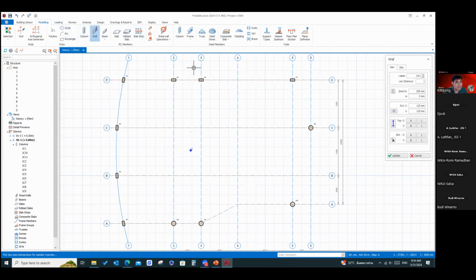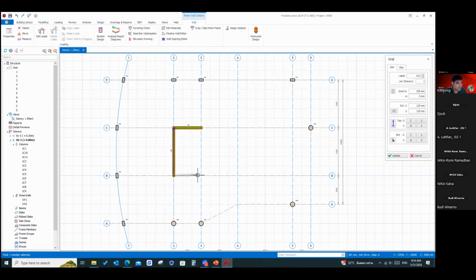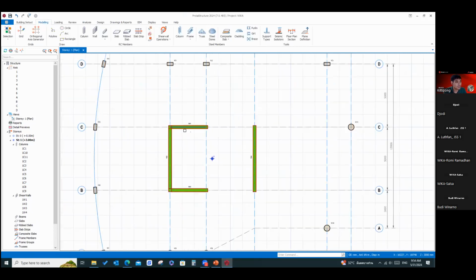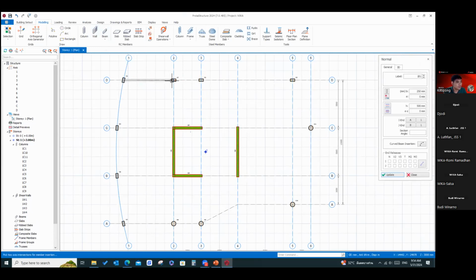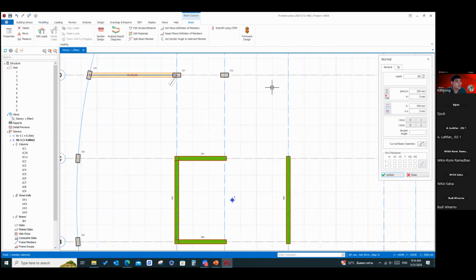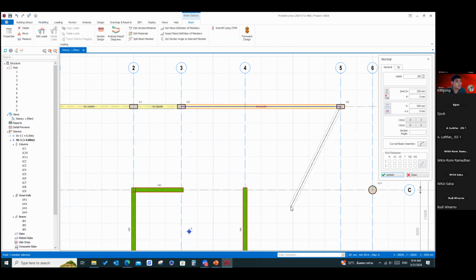Yes, because it's just the design. Okay, let's see. I will cover all the functions on this, so you can check by yourself whether it's suitable for you or not. Like this, the shear wall, easy. The concrete beam or the steel beam, whatever you want, you can do easily like this.